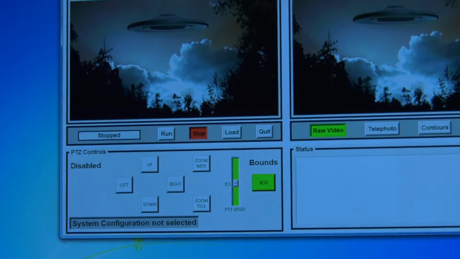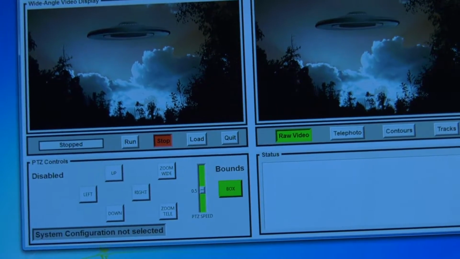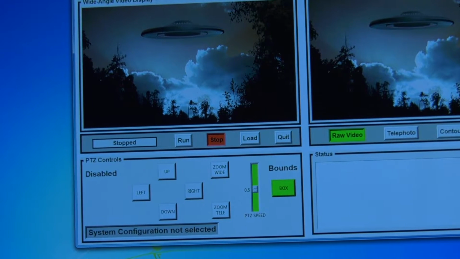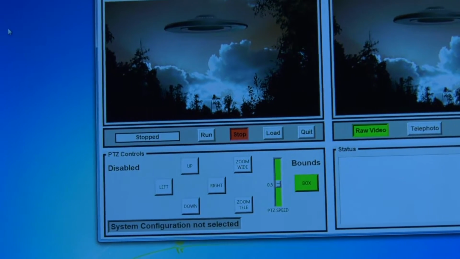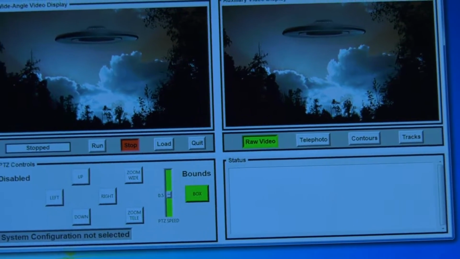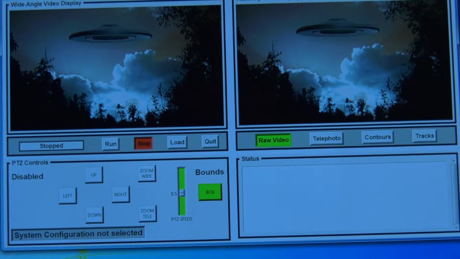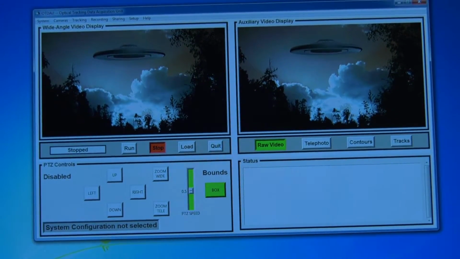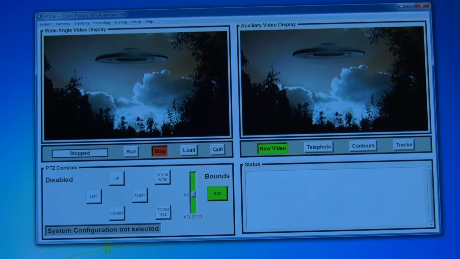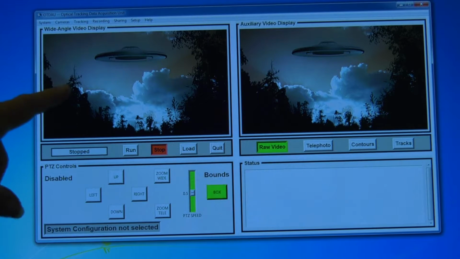This is the GUI, or graphical user interface, of the, what it says up here, OTDAU, Optical Tracking Data Acquisition Unit. You remember I said that the system could receive data from a number of different data acquisition units. That's why the overall system is called UFODAS. It's a data acquisition system which collects data from many different data acquisition units. One type of unit is a computer, a PC in this case, that can run this software. The images that you see on the screen are just CGI, just for fun, just to have something on there before we actually load any particular system configuration.